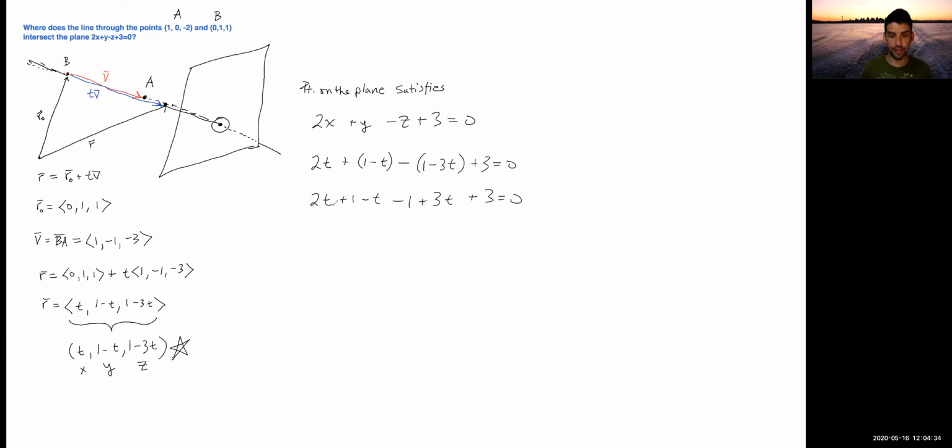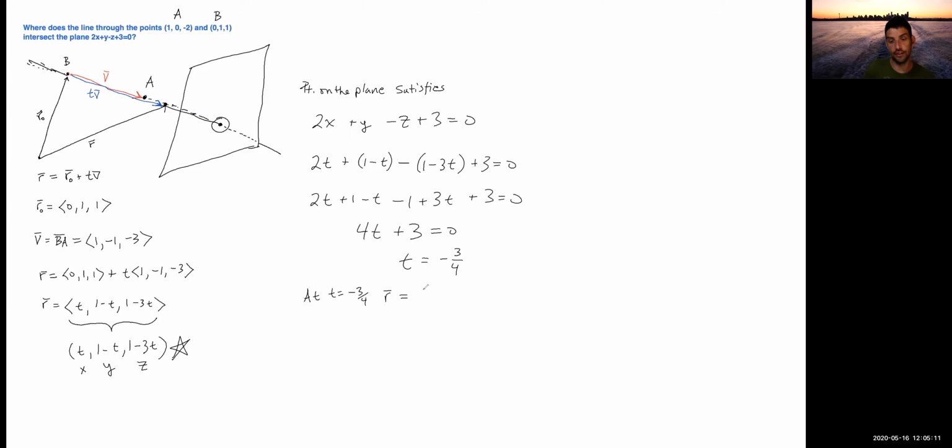What do we have? 2t minus t is t, plus 3t. I've got 4t plus, and I've got 1 minus 1 plus 3. So 4t plus 3 equals 0, which means t equals negative 3/4. Okay? So what does that mean? That's telling us that at the t value negative 3/4, which spits out the points, so at t equals negative 3/4,